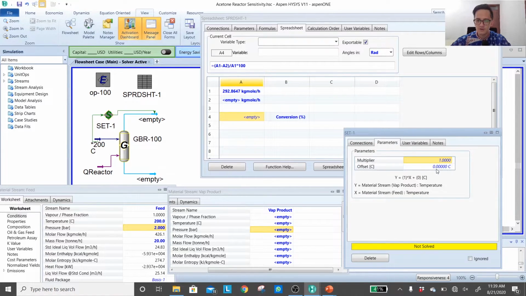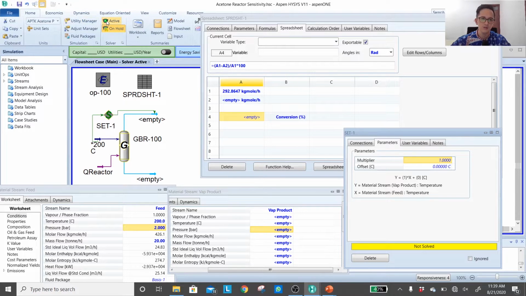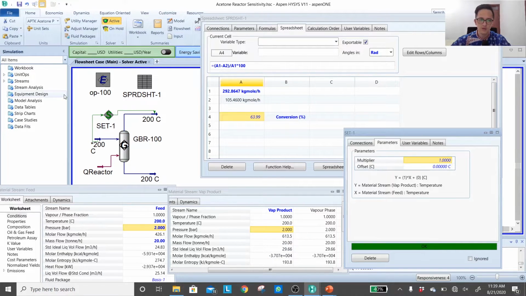If the multiplier is 1 and the offset is C, that means my vapor product temperature, the Y, will be 1 times dx. Dx is the temperature of the feed, 200 degrees C, plus 0. So the answer should be 200. Let's activate.